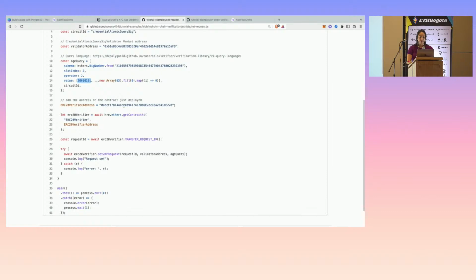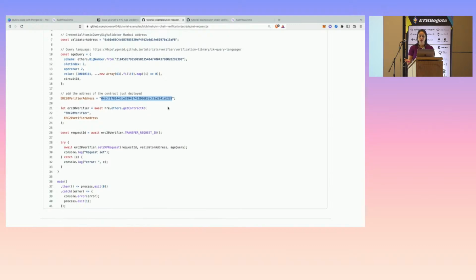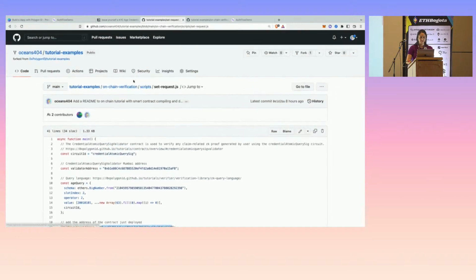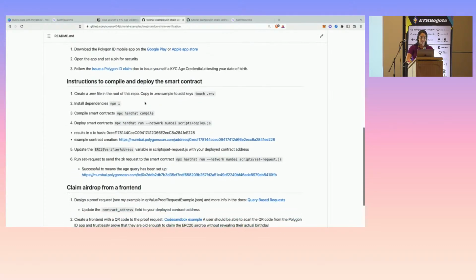The other thing is that we also have an ERC verifier address. This is the address of the ERC20 token that you can deploy using those instructions above. The ZK proof request checks against that validator and also the age query to make sure that you're actually over the age that you said you were. So back in the README,